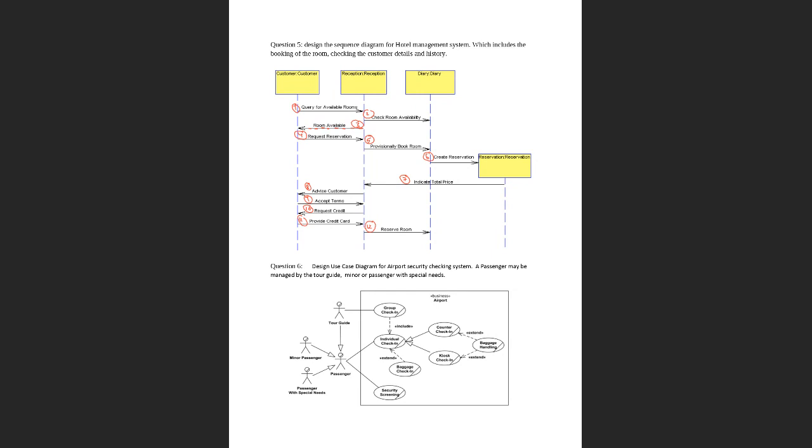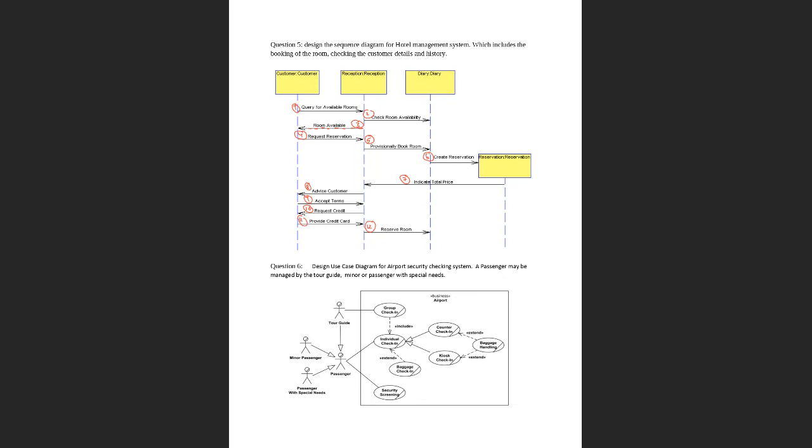Okay, is it clear? Yes, Doctor, but lines 7 and 8, are they reply or ask? No, this is not a reply message. These are actually the response messages which are indicating the total price. Why I am not calling this a reply message is because you didn't ask what the price is. You asked for reservation, then the module is giving the price. By seeing this output, you may define whether you want to go for this room or not. That's why I have written it as a continuous line.